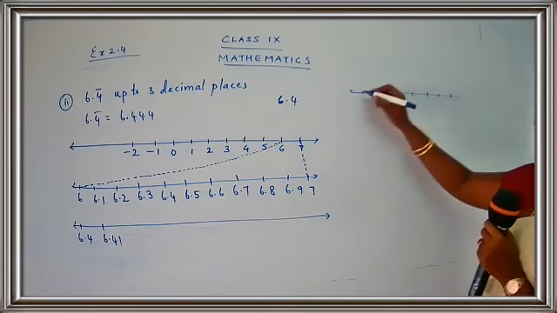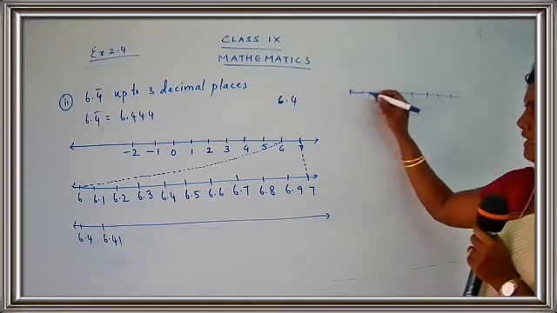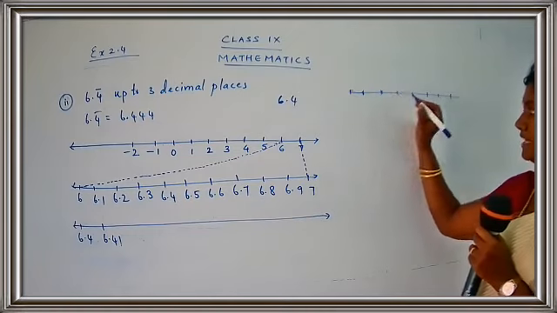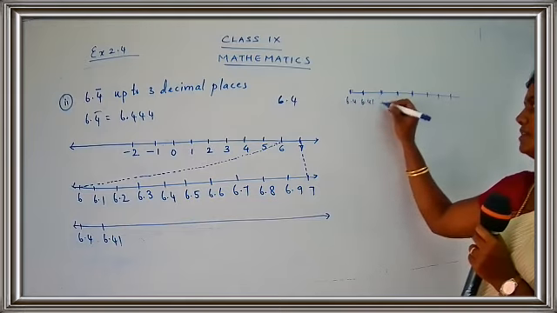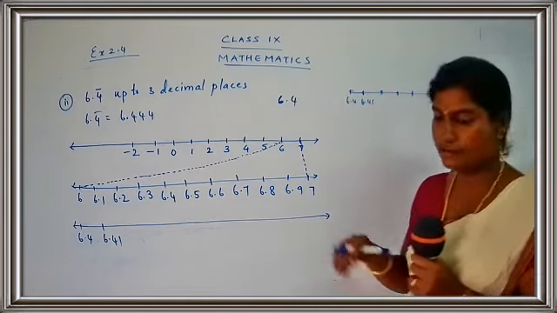Keep your scale at 0. You have 0. Yes, so one mark line there. In 1 centimeter one mark, 2 centimeter one mark, like that. If you do, we can go on writing the value directly: 6.41, 6.42. It will be easy and it will be neat also.